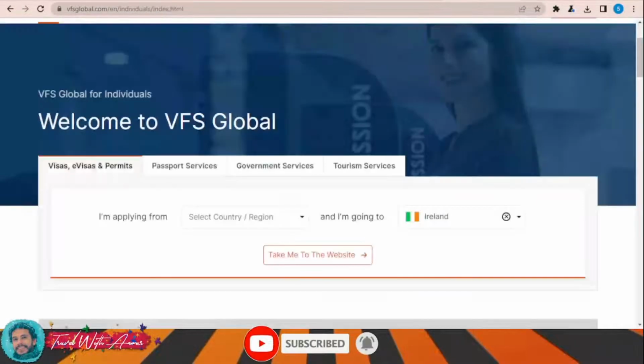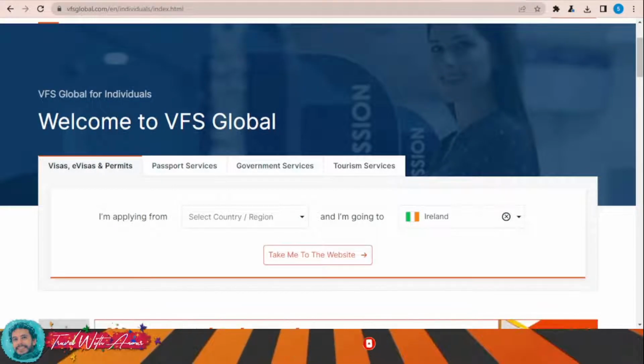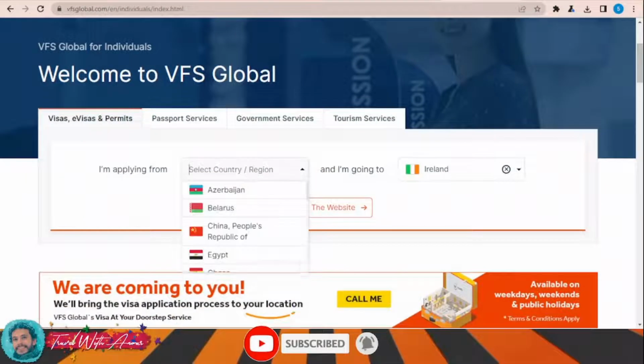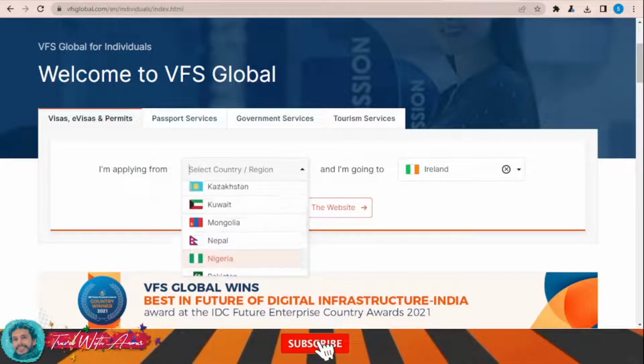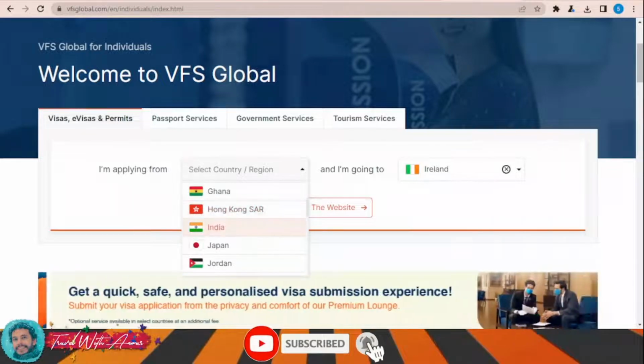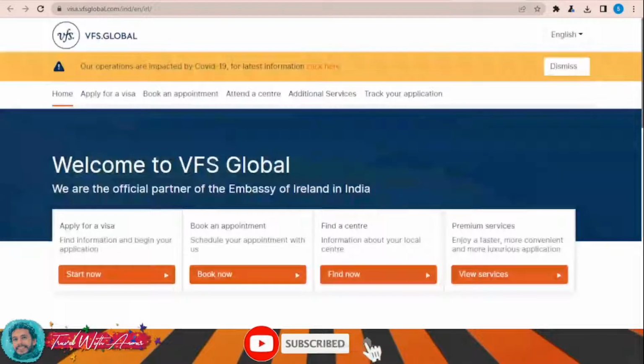Okay, the website is loading right now. So as you can see, this is a website of VFS Global, and here if you are applying for Ireland visa, then just click where you are applying from. You can find all the countries over here. If you are applying from India, click take me to the website, and now click apply for visa,